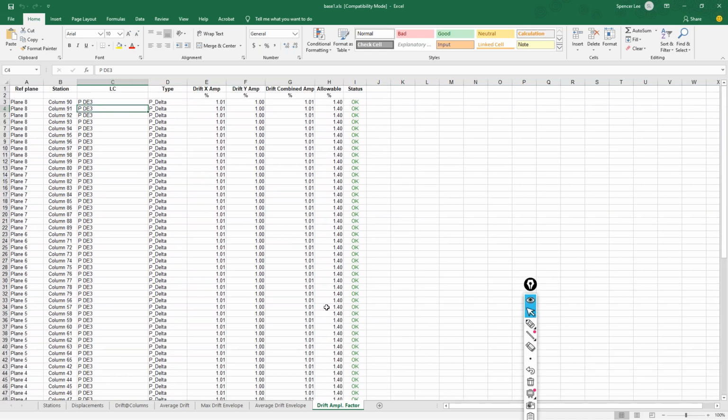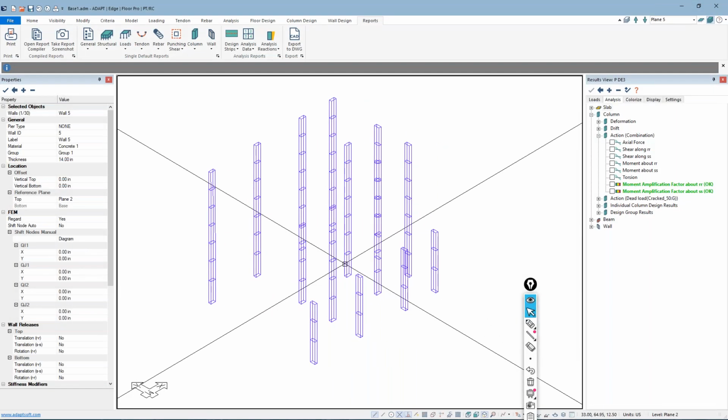So this information can be useful if you're trying to find displacements, amplified or not, for different columns in the structure. And that was introduced in version 2019.0 of the software. So in the remaining few minutes that we have here today, we're going to now look at just an example